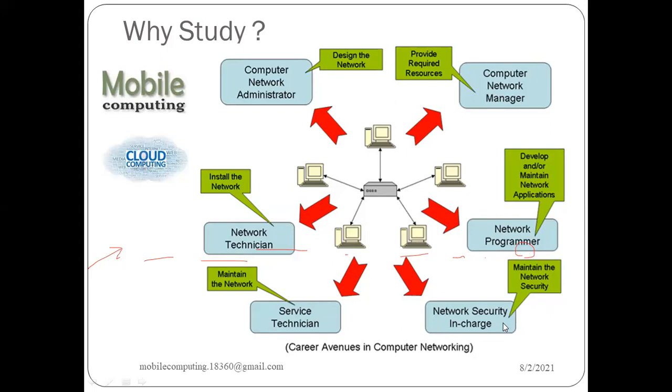Then security, network security, that is also needed. As we know, until and unless a system is secure, it is not reliable to use, right? So we need a secure system. So definitely we need to put a layer of security over it. That's why we need a network security in charge, who has in-depth knowledge of networking first of all. Then only they can make a protection for that, right?